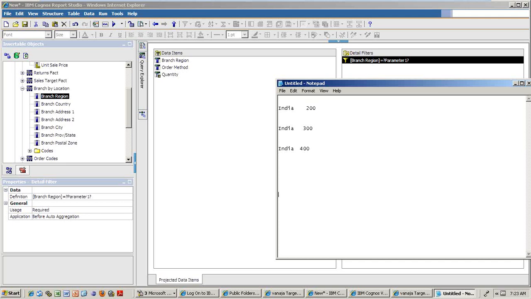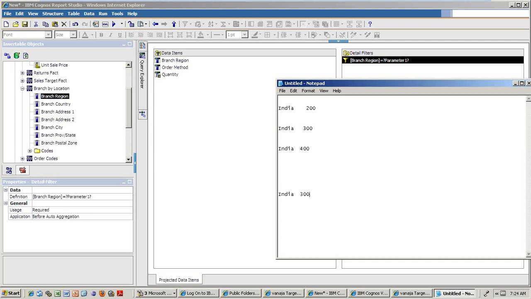So it will try to add up this 200, 300 and 400. So 900 it will be. Am I right? If I put total. But with the same aggregation function, if I put minimum, it will give you 200. If I put maximum, it will give 400. If I put average, 900 by 3, that means 300 will come.